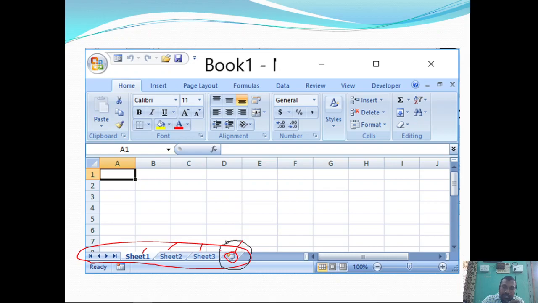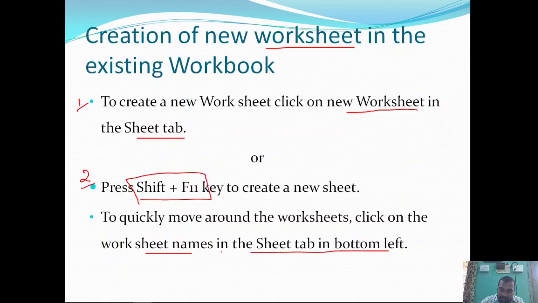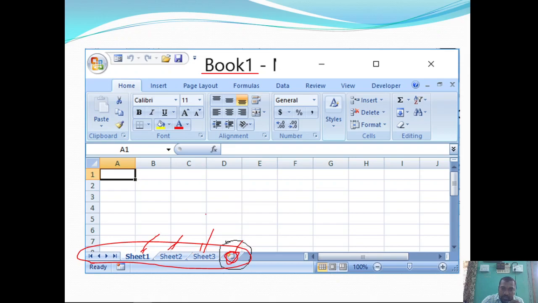As I already told you, every workbook by default exists with three sheets named sheet 1, sheet 2 and sheet 3. If you create a new sheet with the help of this command or with the help of the shift plus F11 key, then a new worksheet will be created and its name will be assigned in sequence as sheet 4.